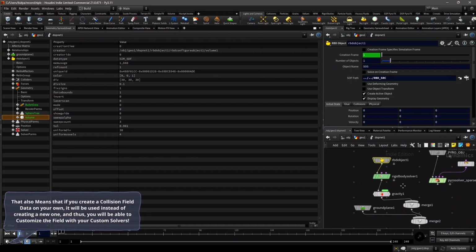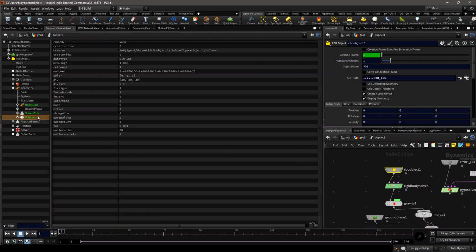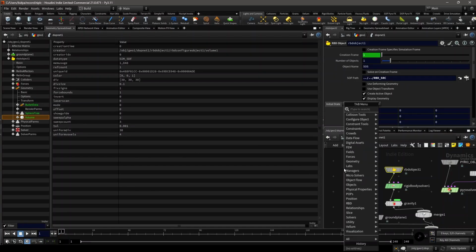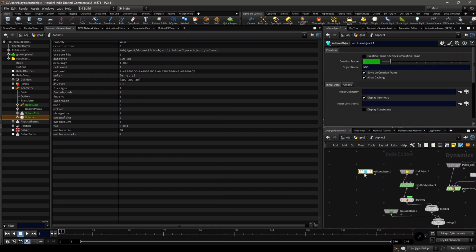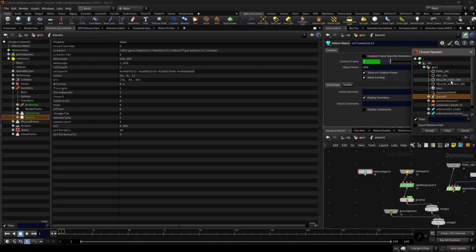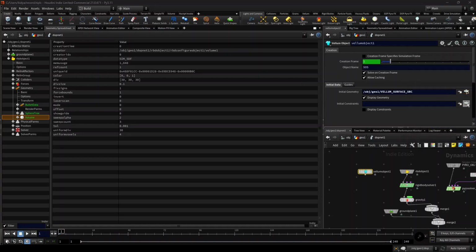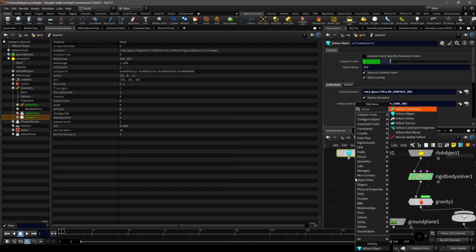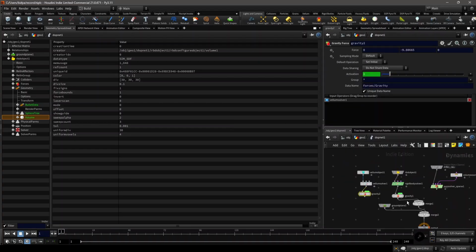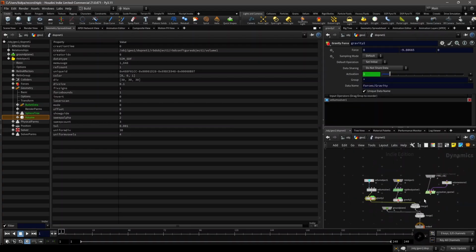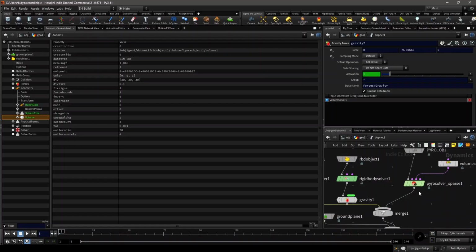But even for the solvers which don't have this signed distance field applied, it will also work for them, because the solver will create that for you. If I create a Vellum object for which we also prepared the source, if we set the initial geometry to Vellum surface source and initial constraints to constraint source, and then apply a Vellum solver data to it like this, and also apply the gravity force, and let's replace the RBD object with this Vellum object,